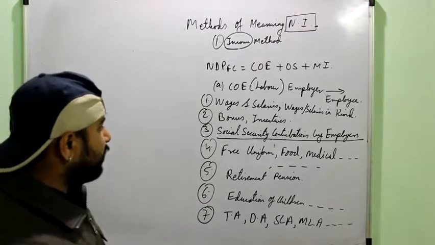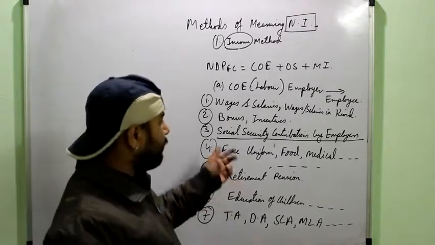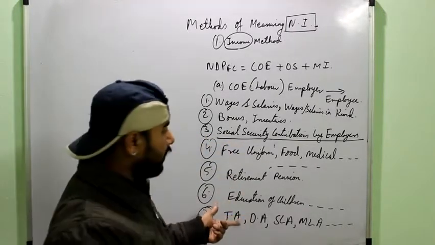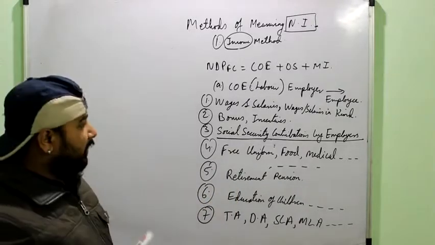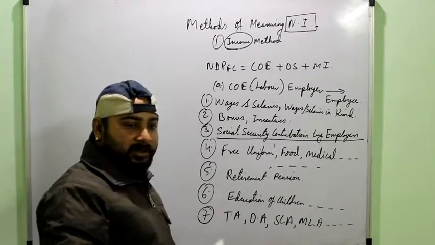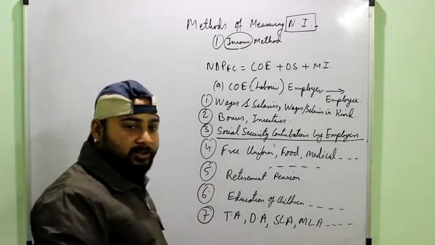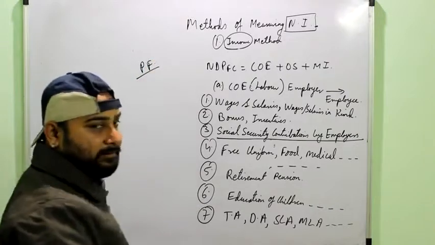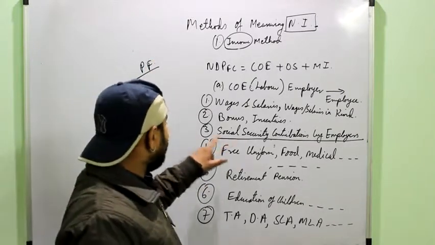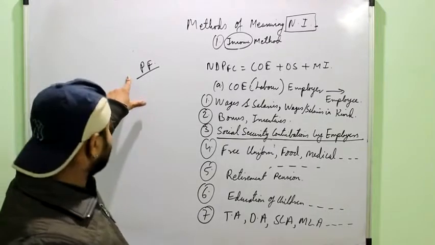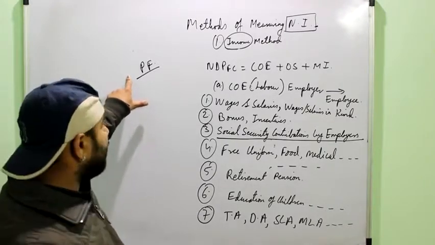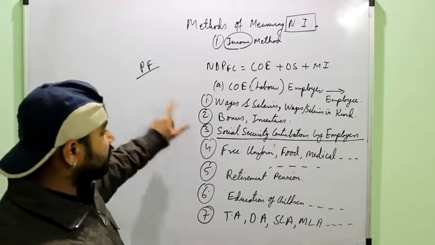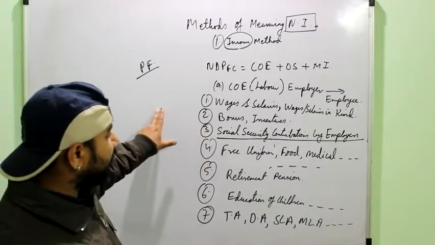Social security contribution by employers, or it could be written as the contribution by employers to the social security schemes, or social security schemes contributed by the employers. It means what amount the employer is contributing for the employee in a social security scheme. Like for example, the PF, Provident Fund: if from the employee's salary 1000 is being deducted for PF, then the organization also has to pay 1000. So that is a contribution to the social security scheme, or maybe some insurance or other thing.